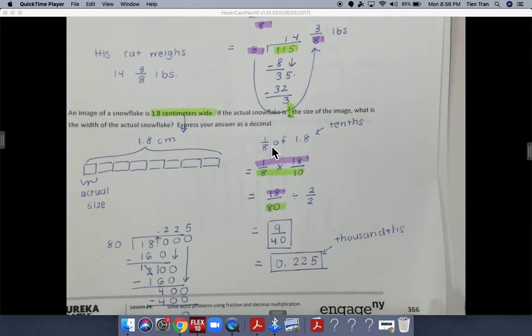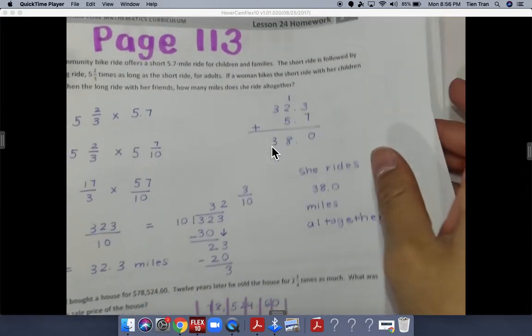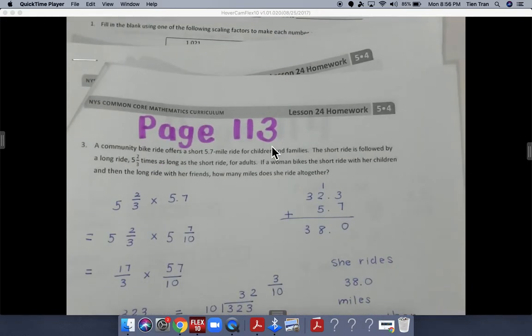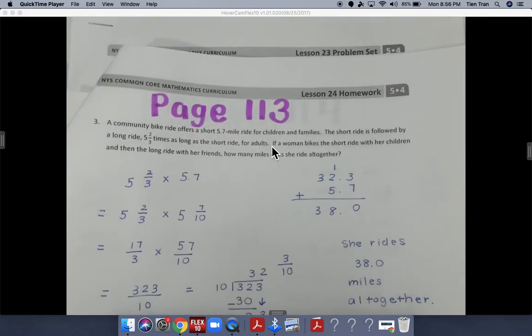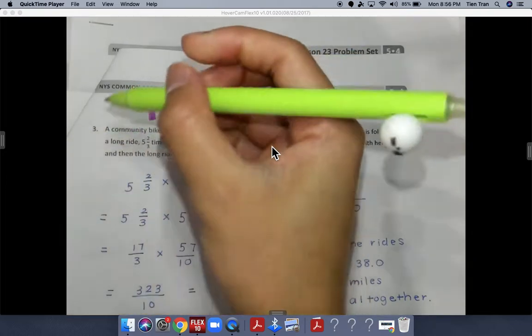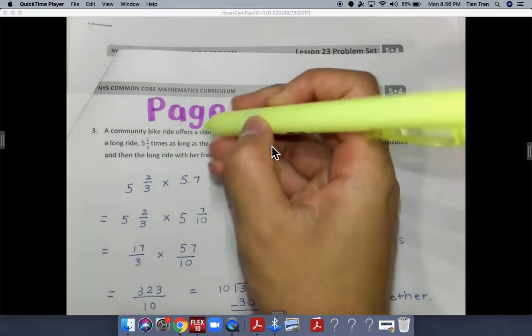Now I'm going to turn the page. The next page I have here is page 113, lesson 24. Please make sure you're turning to the correct page. It says a community bike ride offers a 5.7-mile ride